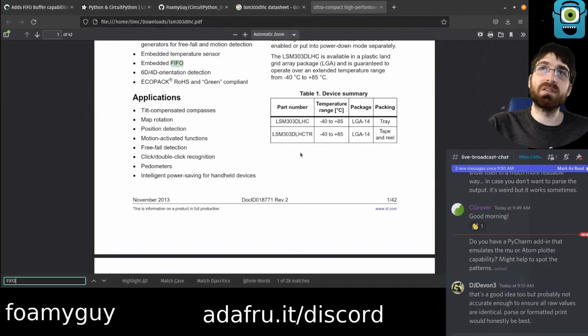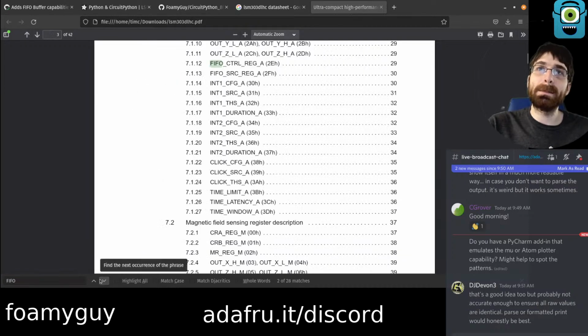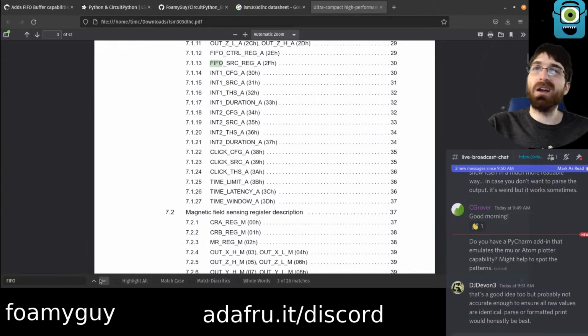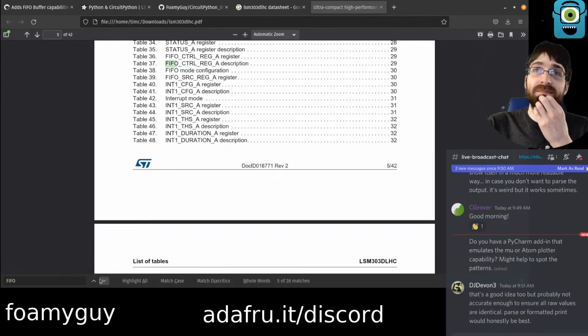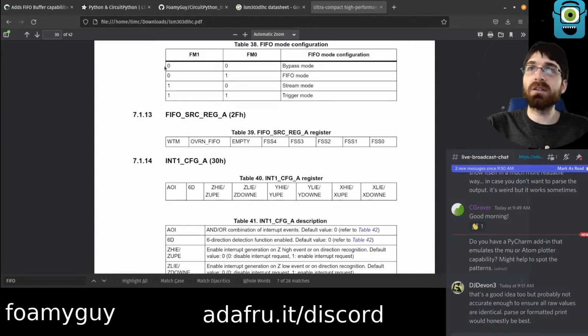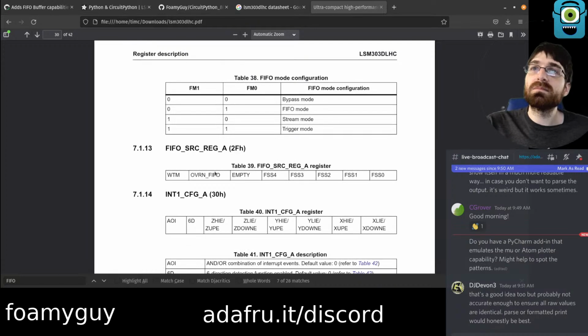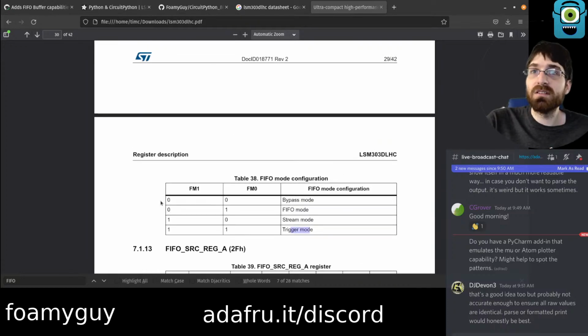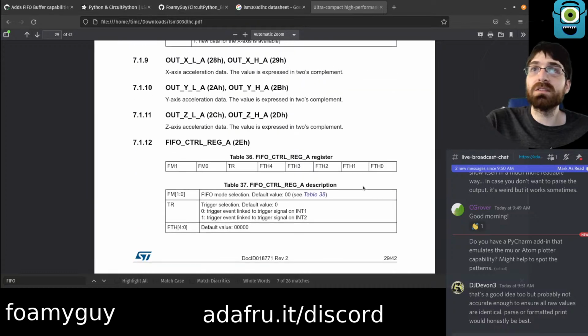FIFO? Edit FIFO? Register? Hoping to find like a level description of, oops, like what to expect from this mode. But I don't know what's the difference. I don't know what bypass mode or FIFO mode or stream mode or trigger mode are. I don't know what those mean. We know the bits we can set them with, I guess, but